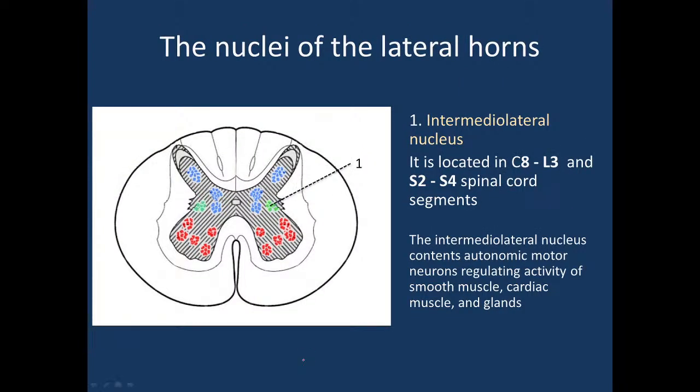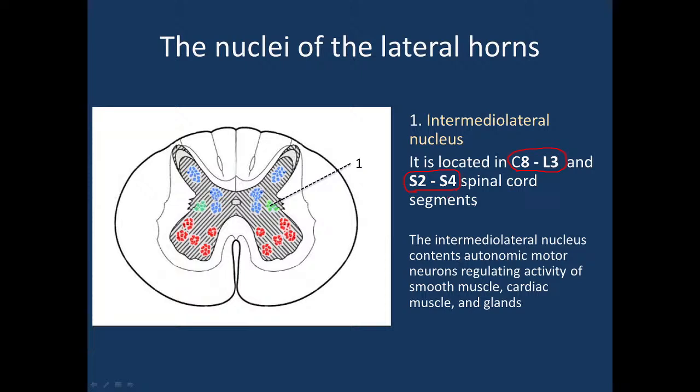The lateral horns consist of only one nucleus, and we call it the intermediolateral nucleus. Please note that this nucleus is located only in segments from the 8th cervical to the 2nd or 3rd lumbar segment, and we also can find this nucleus in the 2nd, 3rd, and 4th